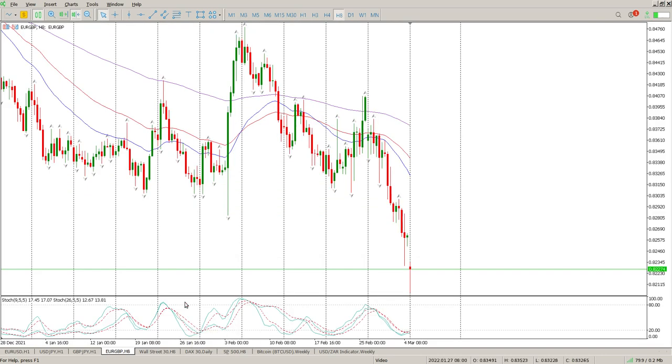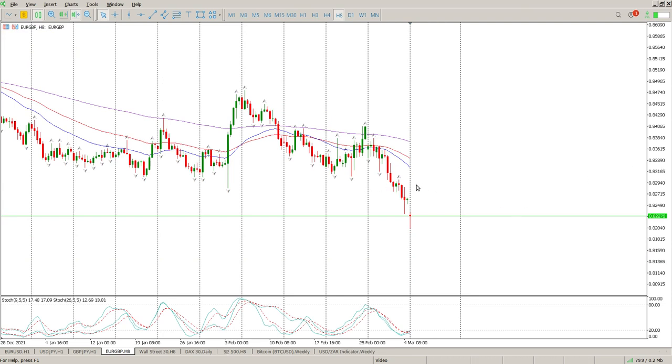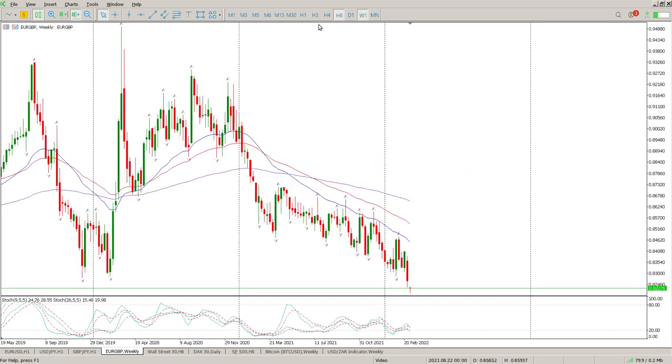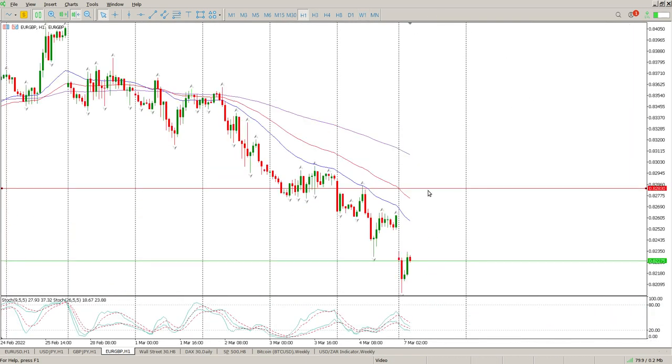Lastly, Euro British pound. And this is also a pretty big gap down. We've broken through this weekly resistance, or weekly support, should I rather say. And we've broken through it quite convincingly, but that is also the area that I would want to be paying attention to. So looking for a pullback back into this area. So definitely looking for this gap close,